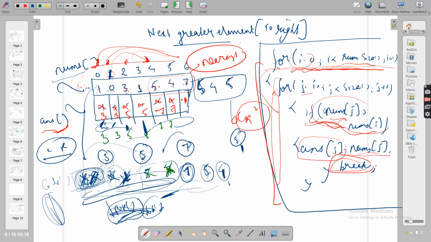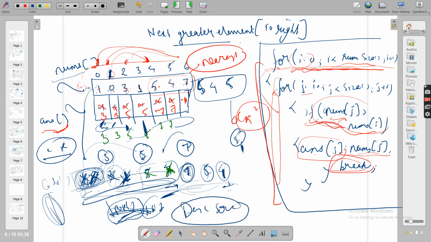From which direction will you start iterating one after another, which will reduce the complexity? Because 4 is smaller, you can directly see that with naked eyes. Obviously guys, 7 is greater than 5, because if you see the nature of this, it is a kind of monotonic structure, in descending sorted order.